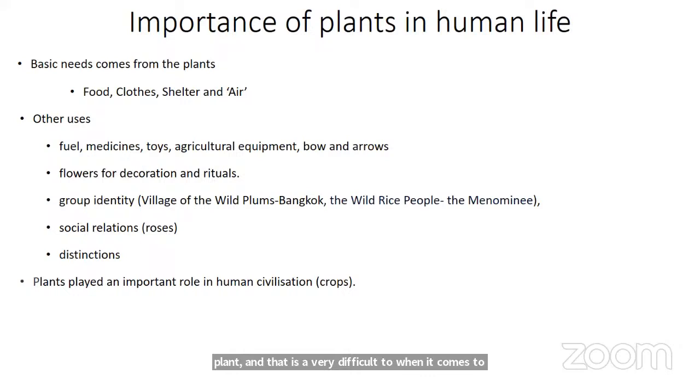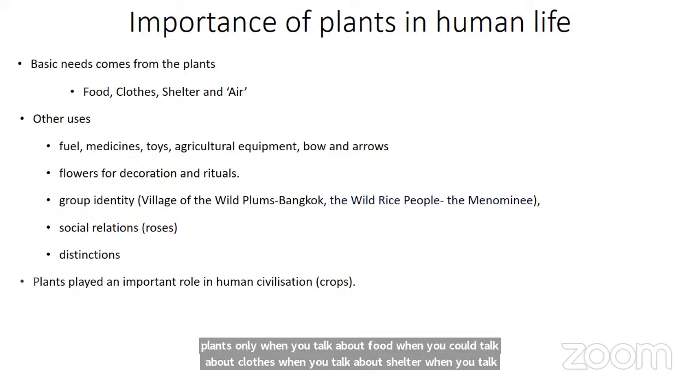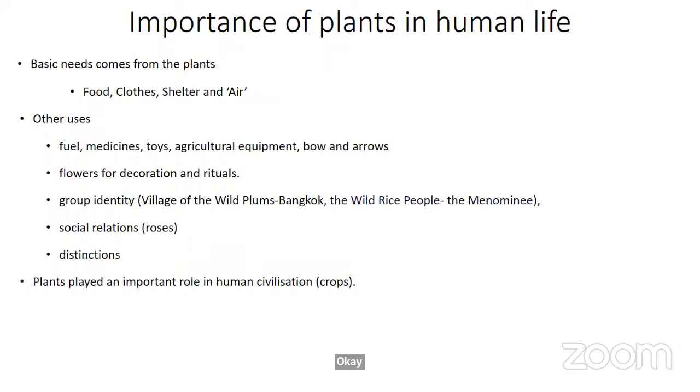So I will not talk about the importance of plants in human life because whatever needs we have, most of the time they come from plants only. When you talk about food, clothes, shelter, even air, that is oxygen, that comes only from plants. Nobody can create or provide these needs to any organism, including human beings, other than plants. But at the same